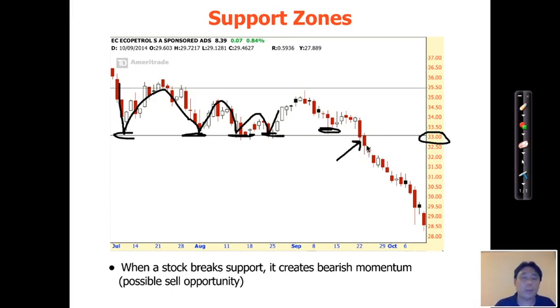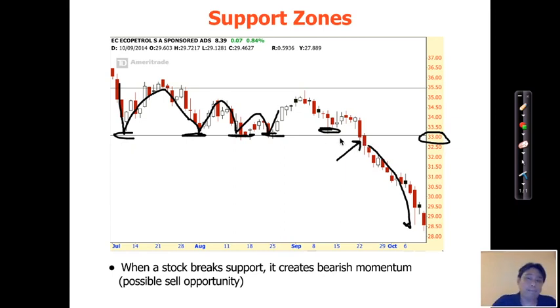And the moment it breaks, what do you think people do? People panic and say, oh my God, there are no more buyers left. So no one dares to buy. There's no more support, and the price tends to free fall from there. So again, this is where a lot of short sellers tend to enter short when they see a significant support